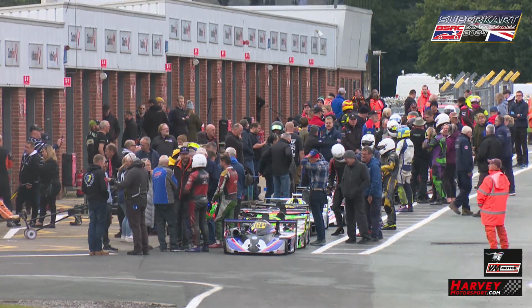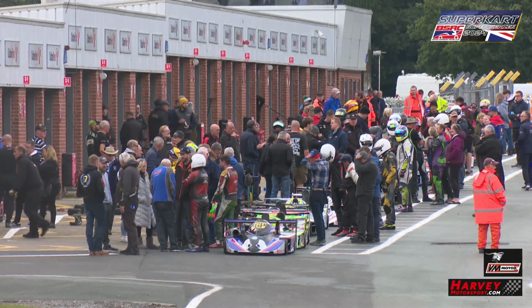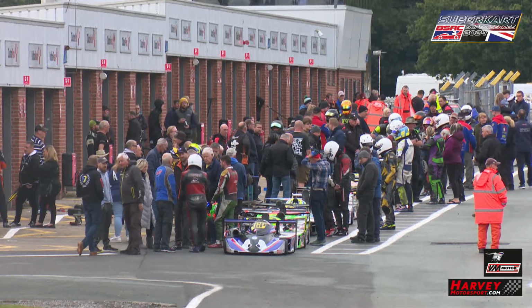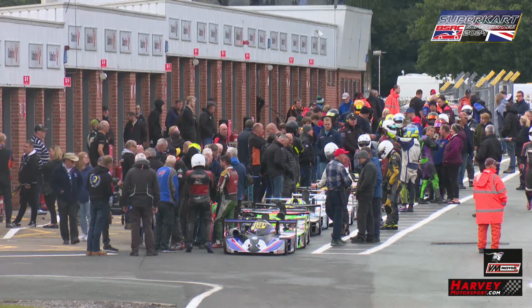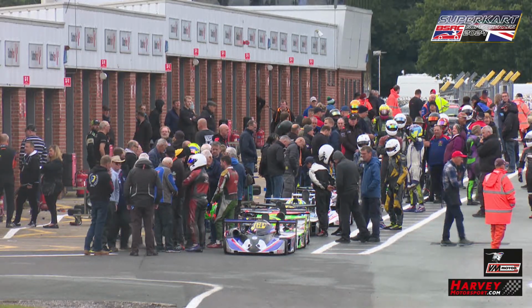In the 250 monos, Paul Platt runs a gas, but Lee Plain and Samantha Hempshaw and most of the other front runners are running the Italian DEA engine. Once again, a purpose-built superkart motor, and